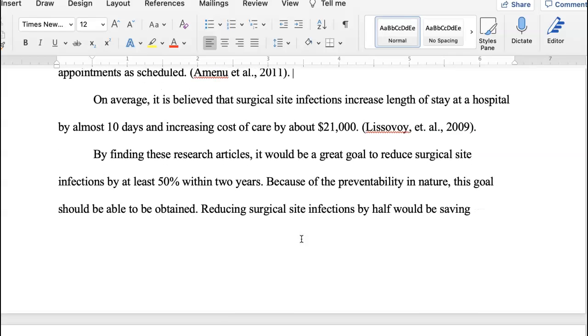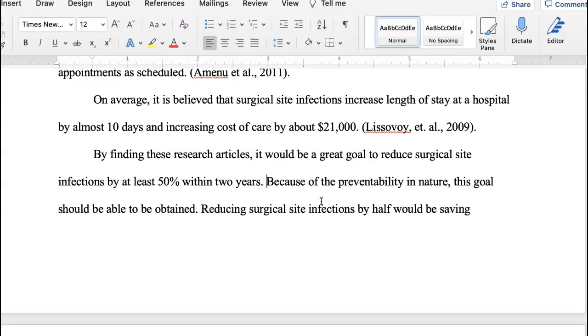How would you want to do that? So you're here, great goal to reduce surgical site infections by at least 50% within 2 years. That is an achievable goal that's measurable. So is there anything, maybe even an interim goal you would want to say, like maybe over the first year you would want to reduce it by